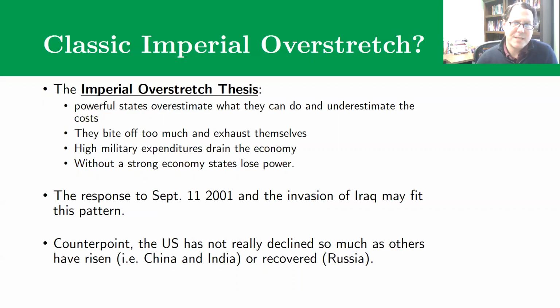One of the processes that oftentimes undercuts countries that have an overwhelming lead compared to peer competitors is this idea of imperial overstretch. And this is something that Paul Kennedy has talked about in his book. The basic idea is that powerful states oftentimes fall victim to this dynamic where they assume that because they're powerful, they can do more or less whatever they want, and they overestimate their ability and underestimate the cost, and as a result, take on